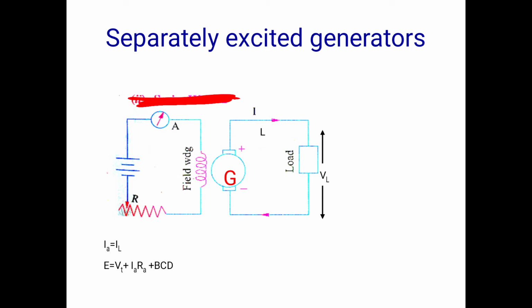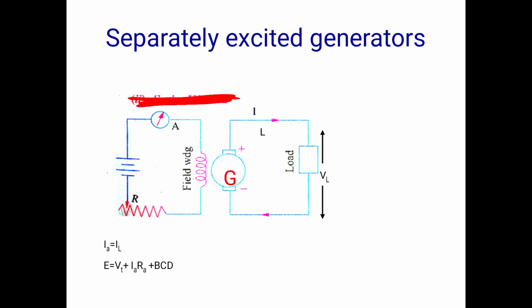So by changing this arrow mark, the current supplied by the supply varies. We can change the current flowing through the field winding by changing this resistance value. So it is called variable resistance or rheostat. Next it is the armature winding, and this symbol is called load. So here the armature winding and field winding are not connected. The field winding is connected to a separate DC source. If we supply DC current to this field winding, it produces a constant magnetic field.